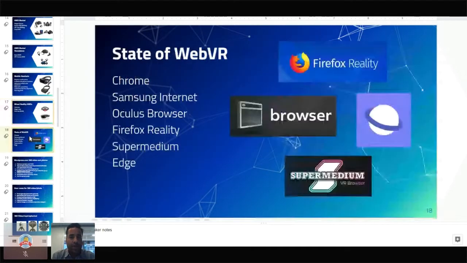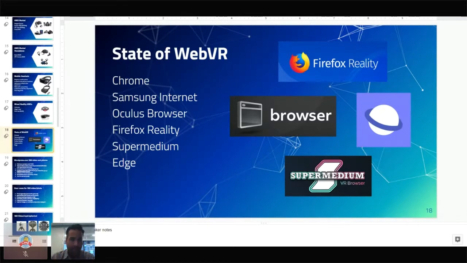And again, because we're talking about browsers, this is basically the list of browsers that you can use to experience WebVR. Some of these experiences can be used on your laptop or your desktop. Some of the other experiences, you actually need the headset because it needs the feedback from the headset itself in order to work well.